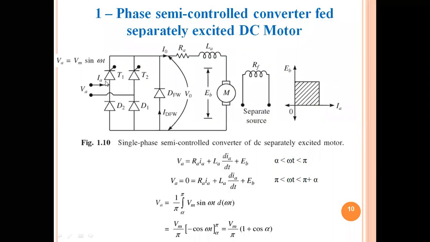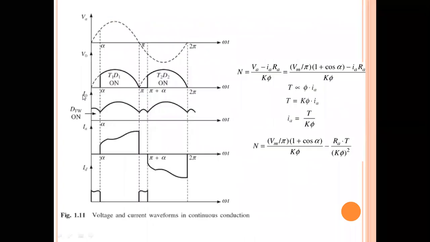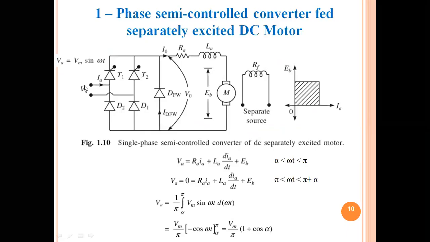So in this duration, I'll show you in this graph. From 0 to alpha, as well as pi to pi plus alpha, in these two durations there is no input feeding the motor, because the thyristors are in forward biased mode, but they are not in conduction mode, because at the point of alpha only, we will trigger these